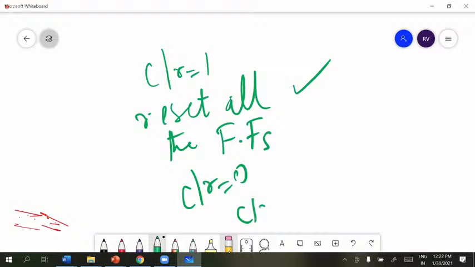Then give the clock signal. Okay, so like this 0, 1, 2. Based on that it can perform its operation. You have to draw that logic circuit, you have to write the truth table, and you have to mention all these points. And sometimes in the exam they will ask you